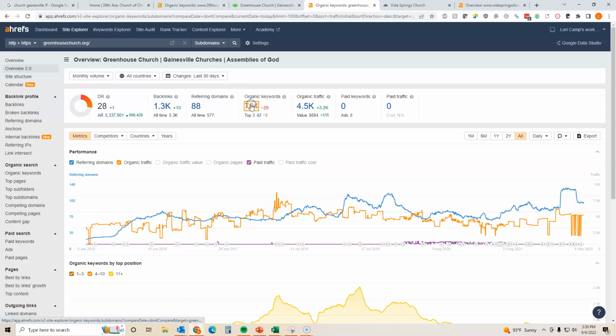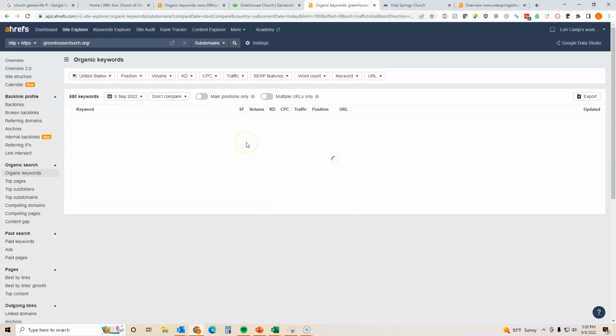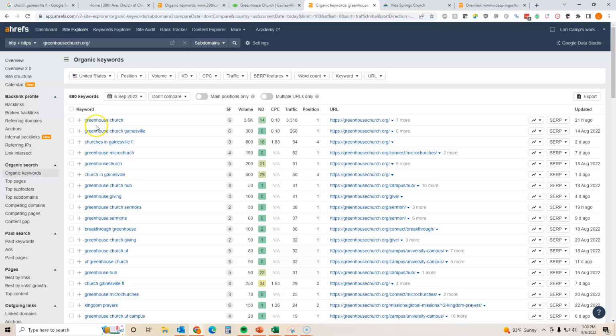And they're being found for 704 keywords, and we can drill down and see what those are. We can see that some of that is just their name, but like churches in Gainesville, they're number 4 for that. So that particular term is being searched 800 times per month. Because they're in position 4, they're getting visited 94 times per month. So you can see what the difference is in targeting a keyword can make to the people that find your website.